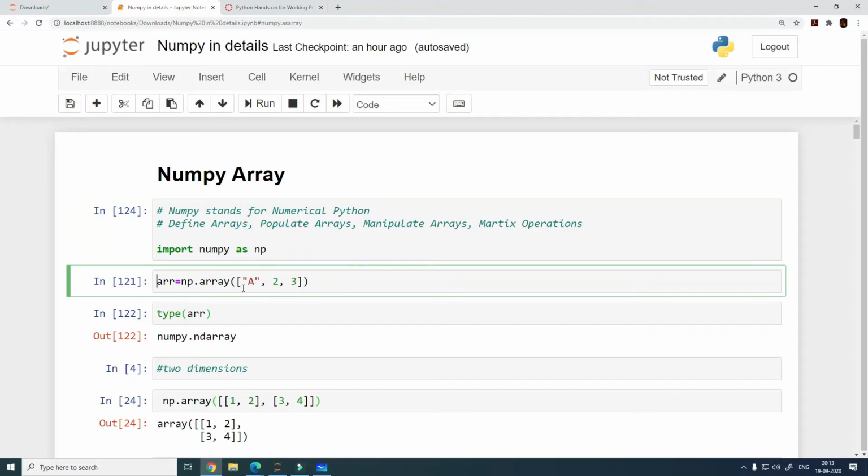So with the very first example, how do you define an array? np is my alias, and then dot array. What we are trying to create is an array. But if you see this syntax, what are we trying to do here? This is a list. So we are trying to create an array from a list. This is how you should interpret this. So my array, the name of the variable is going to be arr, and